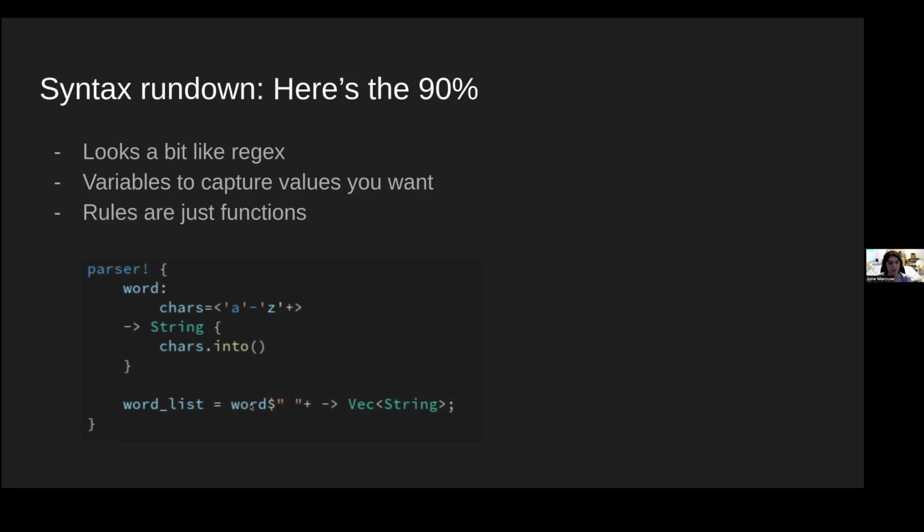So this reads as a word list delimited by spaces. This weird little $ syntax just means this is the delimiter for this which we are parsing. And the plus again means any number of times, but at least once. So we're parsing a list of words separated by spaces. And that'll give you a list of strings.